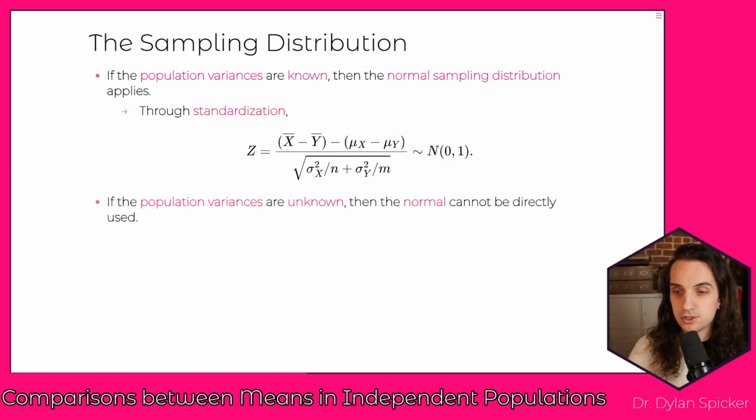Now, if the population variances are unknown, so if we didn't know what the value of sigma x squared is or what the value of sigma y squared is,